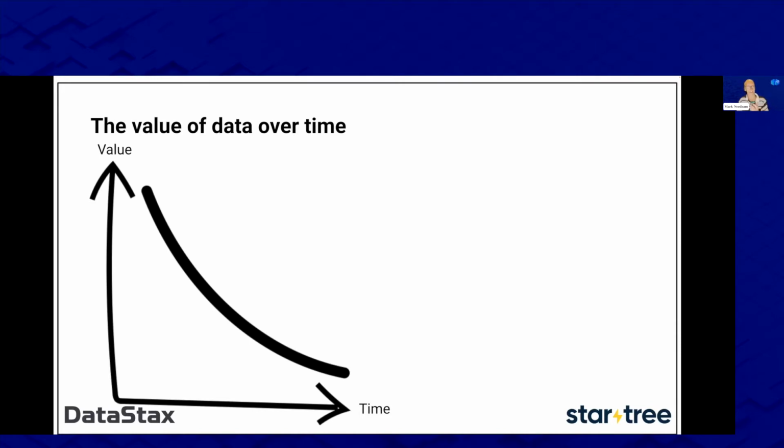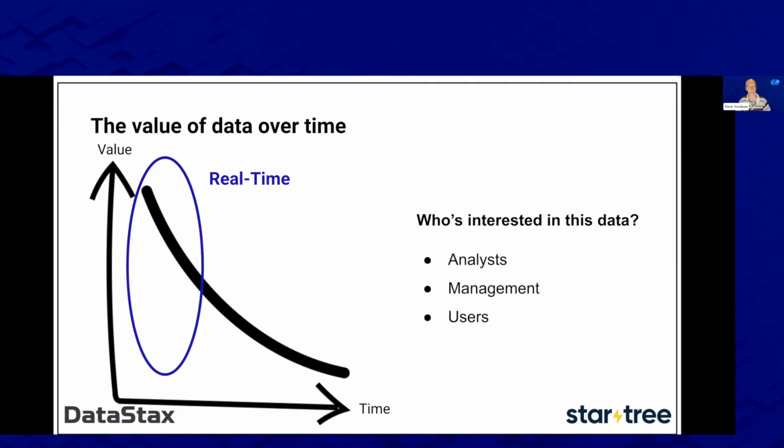Something to keep in mind is that in this world of real-time analytics, the value of data reduces over time. Right when the event happens, i.e., I did a search for something, or I bought something, that's when it's most interesting. That's when I can actually do something with the data. It's not so interesting to know tomorrow, for example, that Mark wanted to buy something to eat, and you find out 12 hours later. It's too late, right? In this world, we need to be able to know very, very quickly what happened so that we can do something about it.